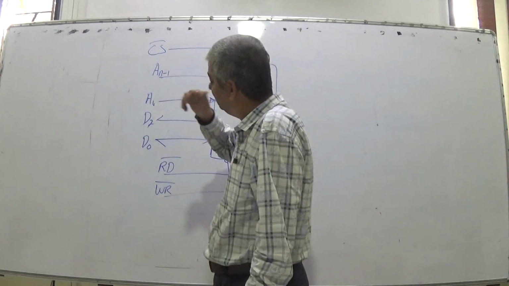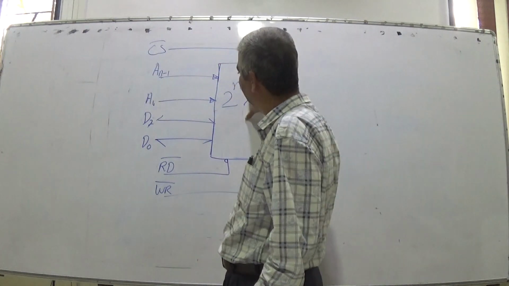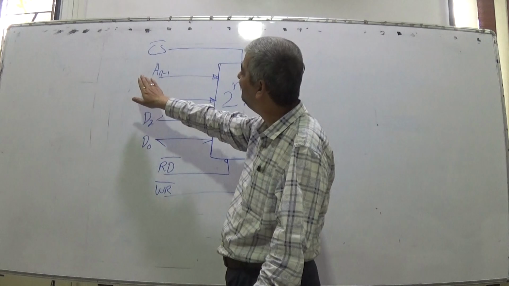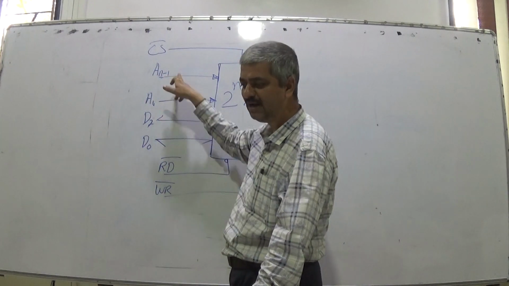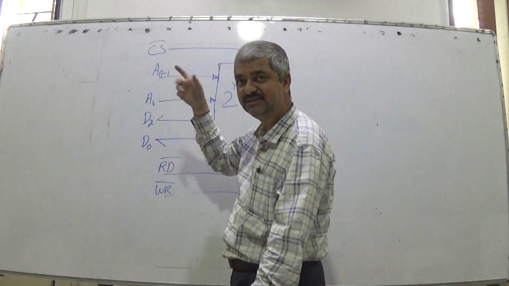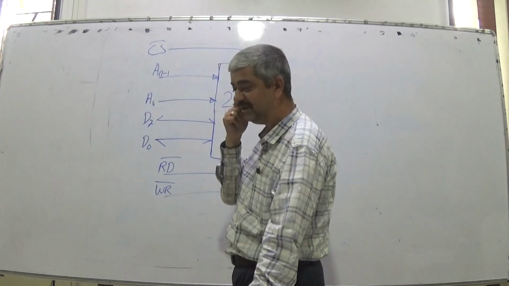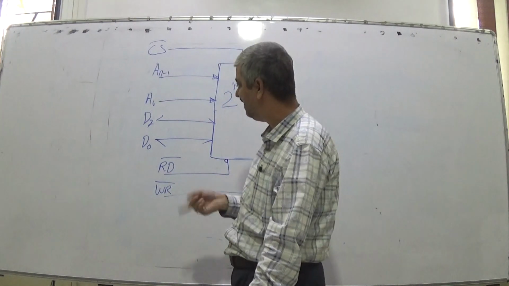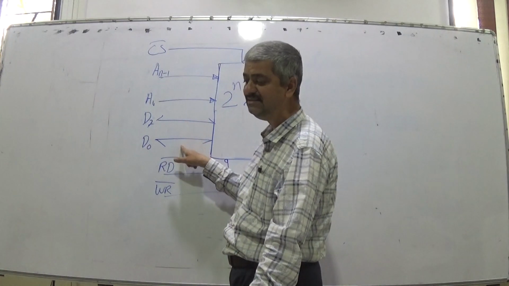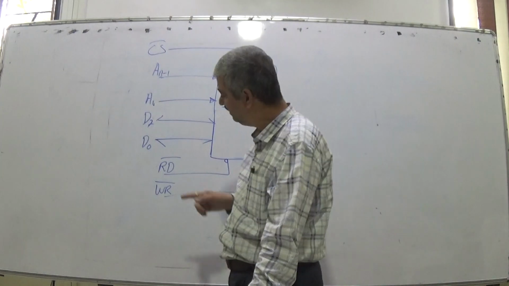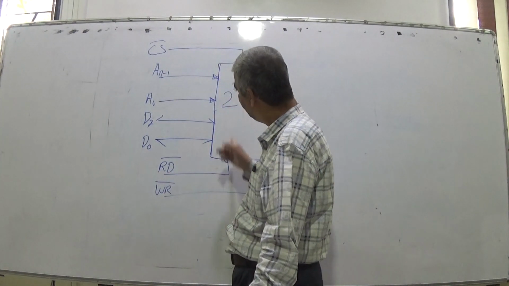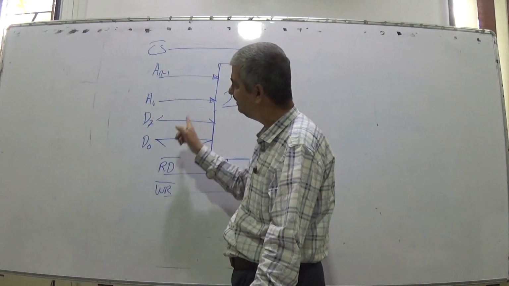So the device, this is memory. The device which is using it has exactly the complementary set. It will select the address, put the address on address lines, and decide which operation it wants to do. If it wants to write, it will put data on data lines and make write bar low. If it wants to read, it will make read bar low. Memory will put data on data lines that it will use.